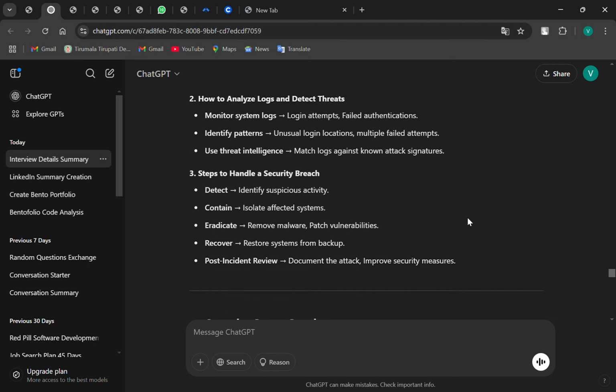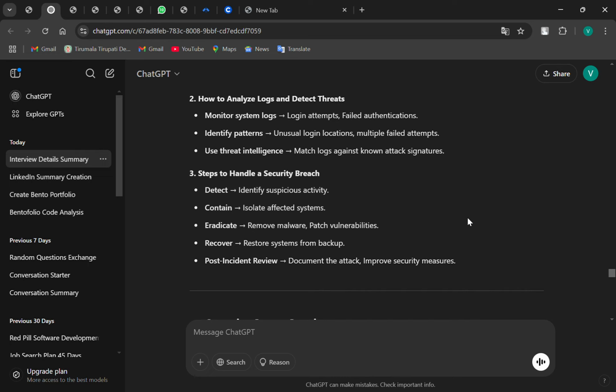Steps to handle a security breach. Detect: identify the suspicious activity.